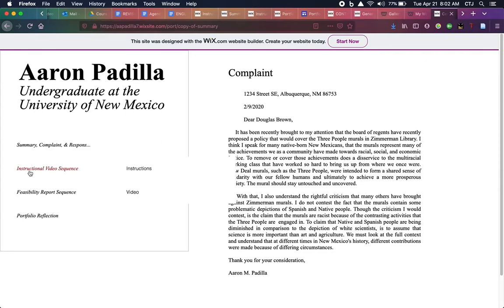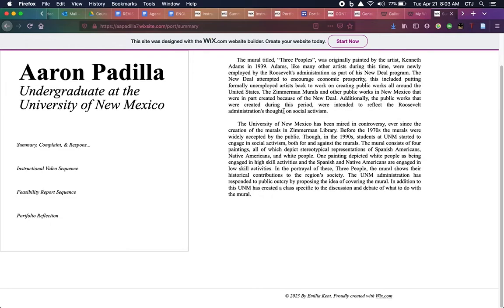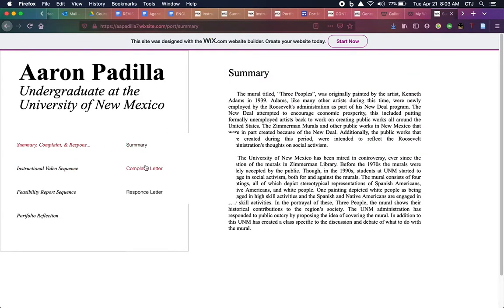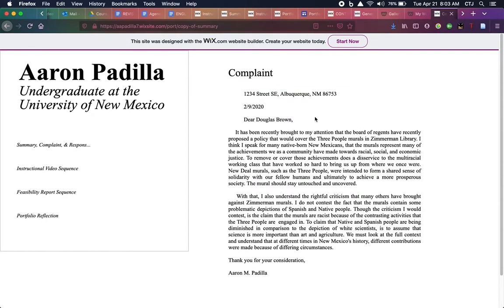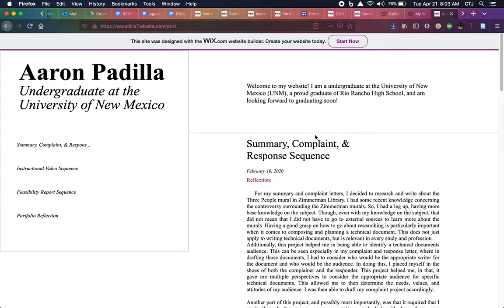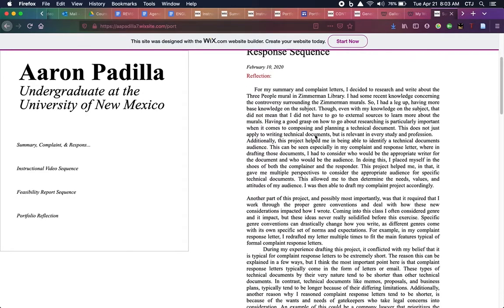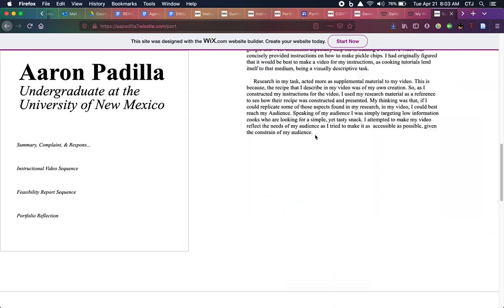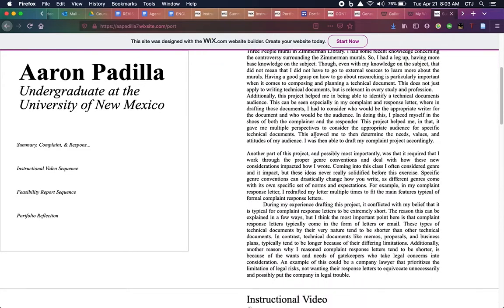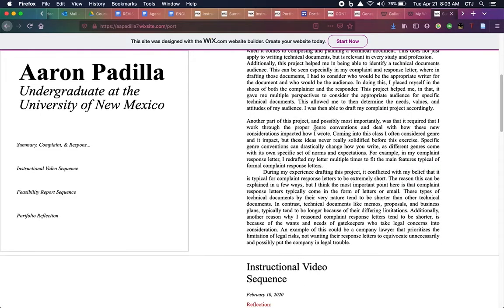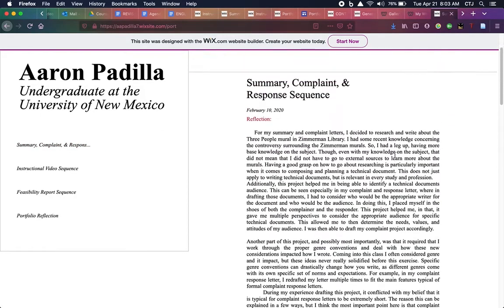But does it make sense to separate the summary from the complaint? If you separate the complaint from the summary, from the response, do they each make sense in isolation, or does it make more sense to have all of these together? I think it would make more sense. Oh, I see. I was expecting this to be reflection and then summary, complaint. Yeah, consider,